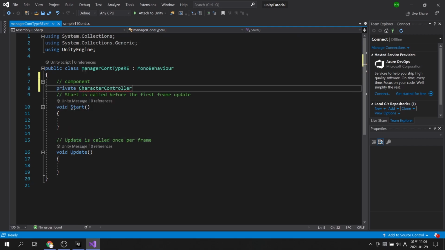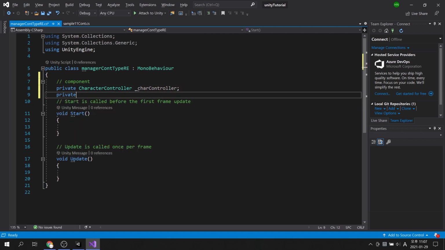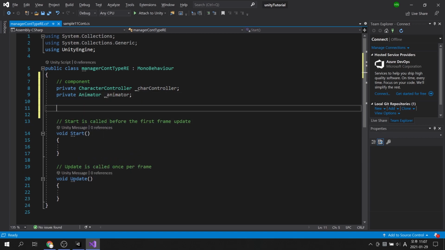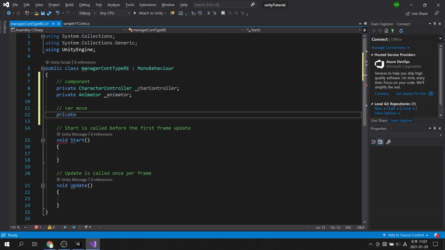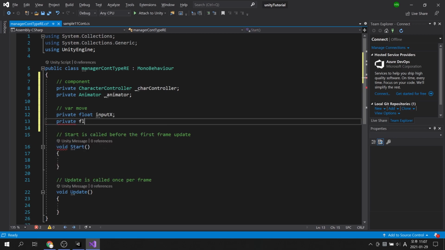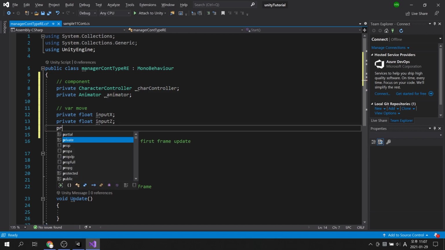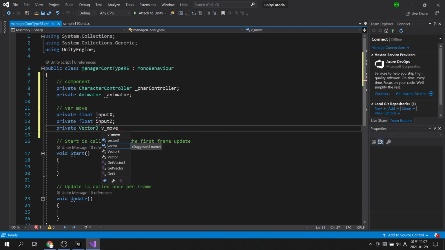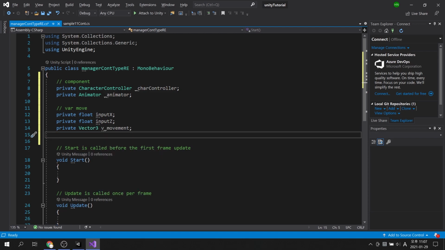I'm going to create a character controller, an animator variable, and variables related to the input. I will also create Vector3 movement and gravity variables that will be used directly in the character controller.